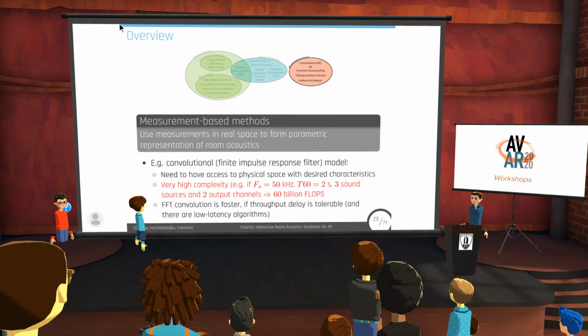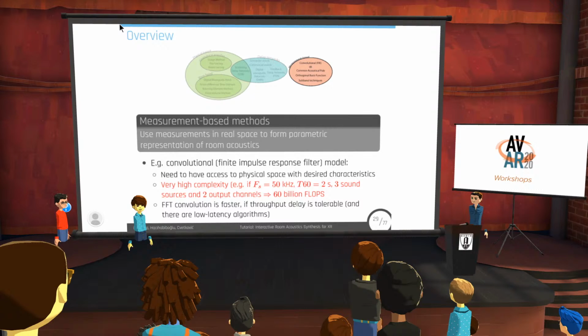Just to mention also, in some cases it is possible that we have access to a real space with the desired impulse response, with the desired room acoustic response. In that case, we can just measure the impulse response, just like the examples that we saw earlier, and then we can use convolution to obtain the output for any desired input. That can be somebody speaking or a gunshot in a first-person shooting video game. Now, the issue with this is, of course, we need to have access to a physical space with the desired characteristics. This is most of the time not possible, but also convolution is a very computationally complex